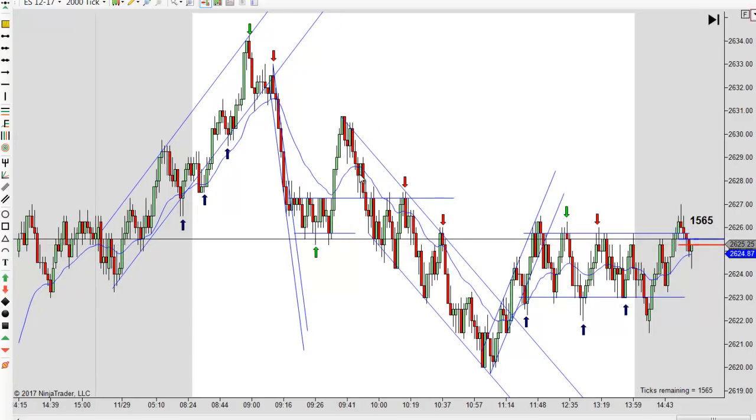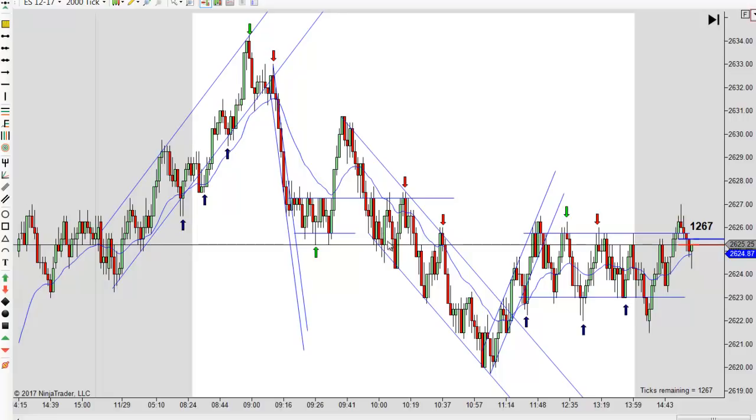But then we turn down, and again, there's a failed second entry short right here. Notice the new high, first entry, and then you get your second leg down, second entry. And it actually went higher and turned and went out the other side, but I don't want to go short right into that, even though it would have worked. If you waited on this big bar and went short, you'd have got burned. You probably wouldn't have got stopped out because it never made a new high, but I don't think I'm going to watch this thing